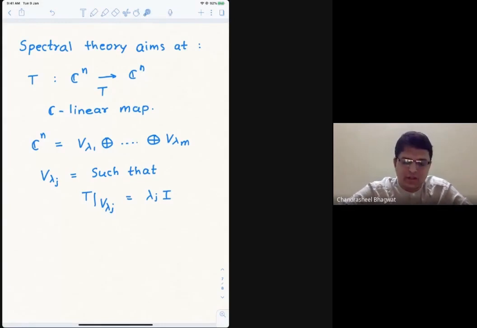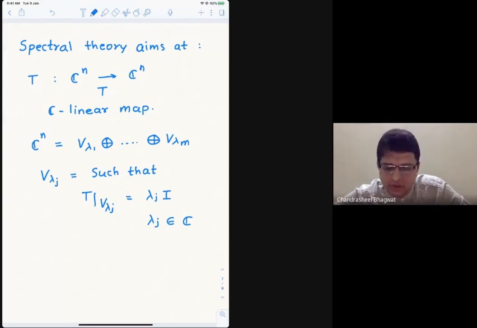So what's happening is that C^n is the given big vector space. I want to write this as a direct sum, whatever that is. If you know it, it's fine. Otherwise, you just think of this as a decomposition of a big space into smaller spaces, so that each of these should be a vector subspace. And if you restrict T to this piece, it should be as simple as possible, namely just a scalar multiple of the identity. And the lambda_j's are, of course, numbers because of this property. So the lambda_j's are complex numbers. And we want them to be distinct, because if they are the same, then you can always club them together.